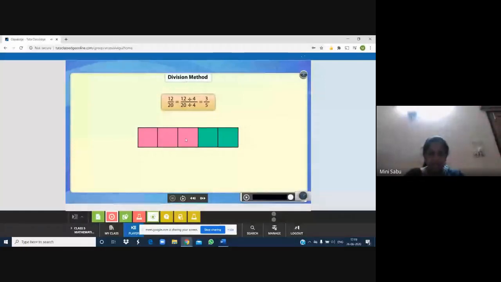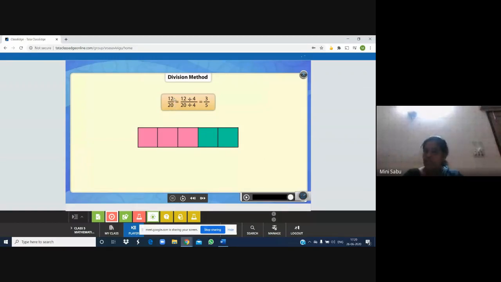Okay, let me stop here. I hope you understood it. Still, I shall explain it. See, the given fraction is 12 upon 20. And we are here applying division method. So what we have to do is, we have to select such a number by which we can divide 12 also, 20 also. So you know, 2 is such a number by which we can divide 12 also, 20 also. But in this Tata class Edge class, instead of 2, they have taken 4. But the rule is only this, you have to select the same number.